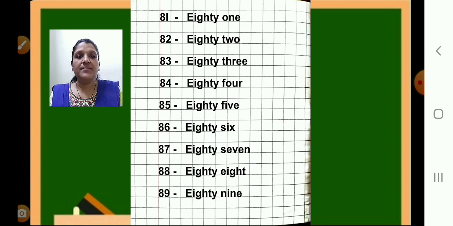Next number, 89, dash, EIGHTY NINE. Now last number on this page is